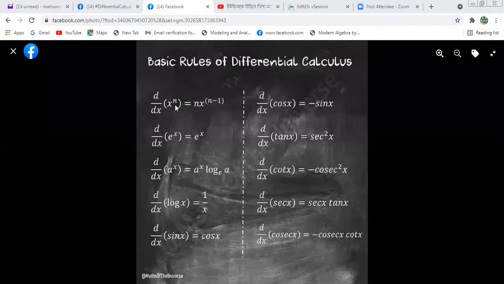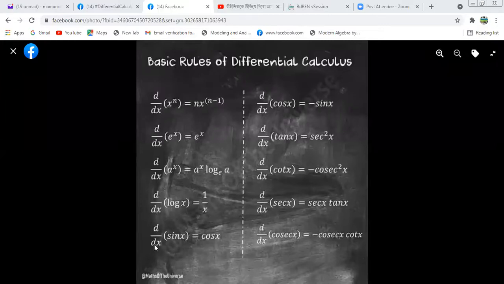d/dx of x to the power n equals n into x to the power n minus 1. This is the power rule. The power is n, so the power will be multiplied: n into x to the power n minus 1. This is another formula: differentiation of e to the power x is e to the power x. The differentiation of a to the power x is a to the power x into log a base e. The differentiation of log x will be